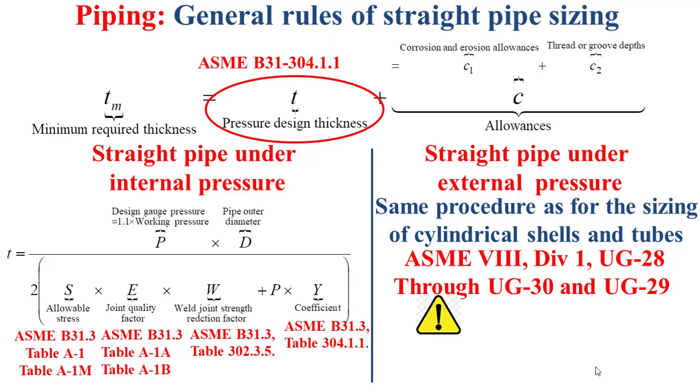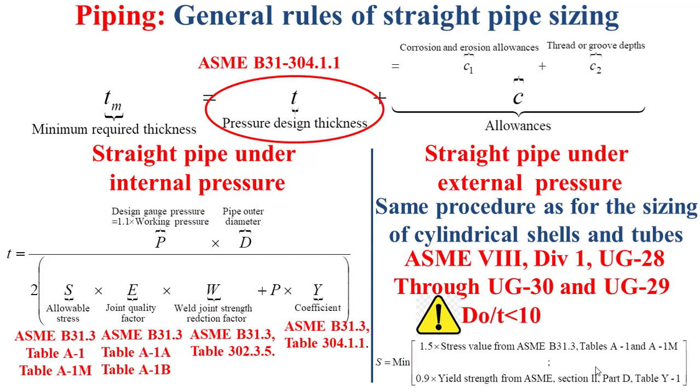Please pay attention here in this procedure: when the outer diameter divided by the thickness, so Do over t, is less than 10, the allowable stress S will be the lesser value of 1.5 times the stress value from the ASME B31.3, Tables A-1 and A-1M, and